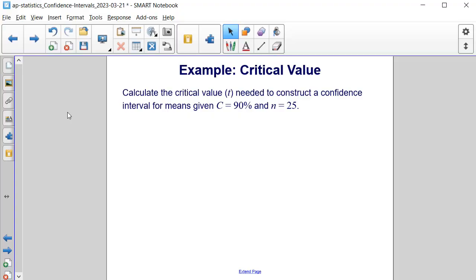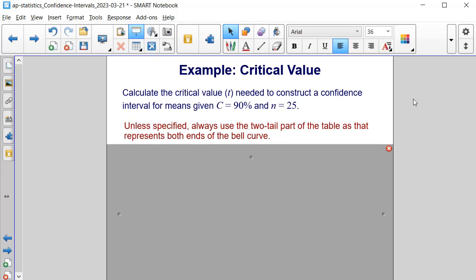Let's try an example. Calculate the critical value, or t, that is needed to construct a confidence interval for means given that the confidence percentage is 90% and the sample size is 25. Unless it's otherwise specified, always use the two-tail part of the table, as that represents both ends of the bell